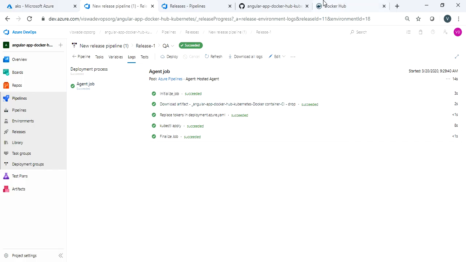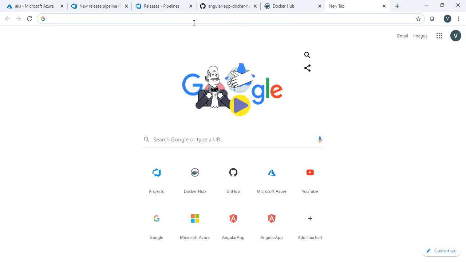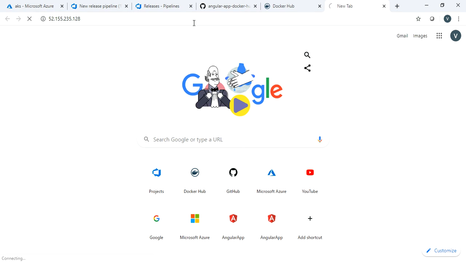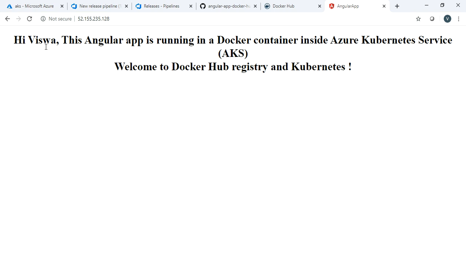Now the IP address is exposed on port 80. I'm going to type it here with 80, and you can see the website. It's pulling the details. Yes, this is the website. It's very simple, a single line website. I created it and it's very